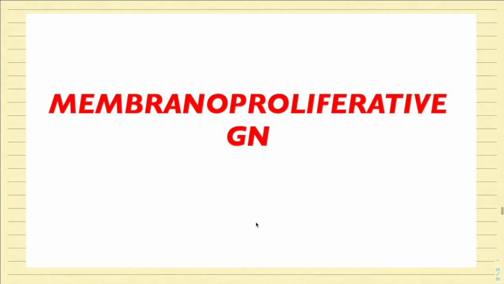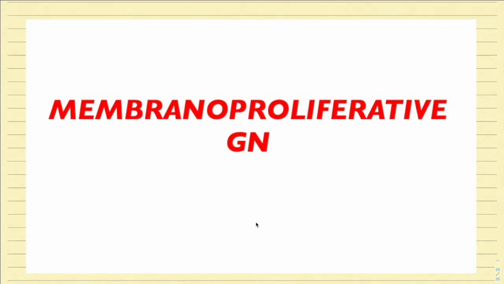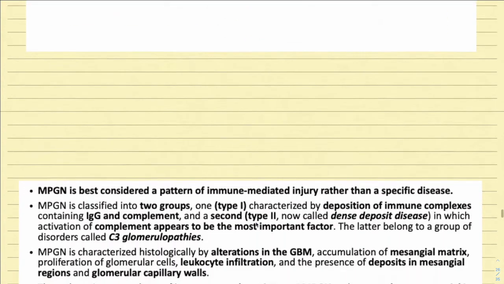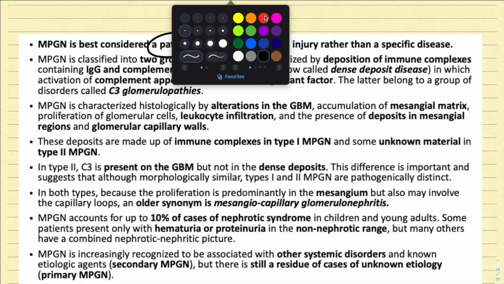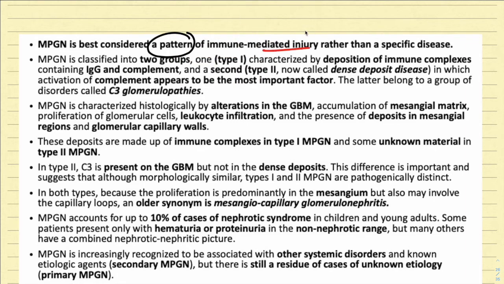Now we are going to start another very important type of glomerulopathy, that is membranoproliferative glomerulonephritis. Now, MPGN is best considered a pattern of immune mediated injury rather than a specific disease. So it is more of an immune mediated type of injury. Now there are two types. One is type 1, where you will see the deposition of immune complex containing the immunoglobulin IgG